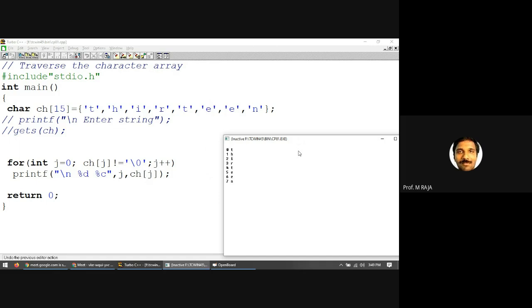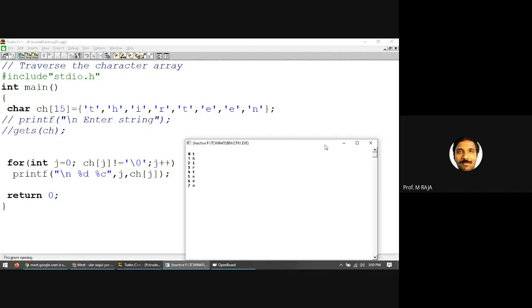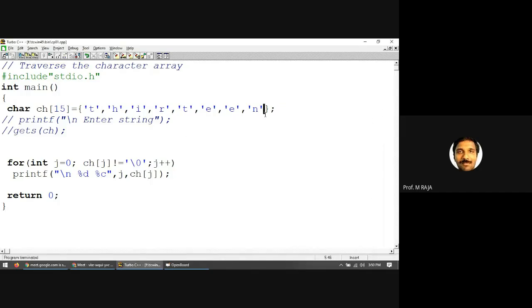Then what about 8? By default, there the character is a null character that terminates the character array ch, so that T H I R T E E N. These are the characters as we have initialized in this declaration. It works fine. But if we include a null character \0